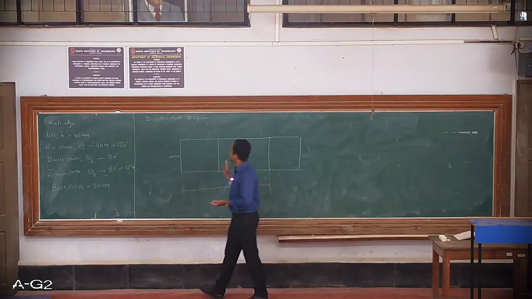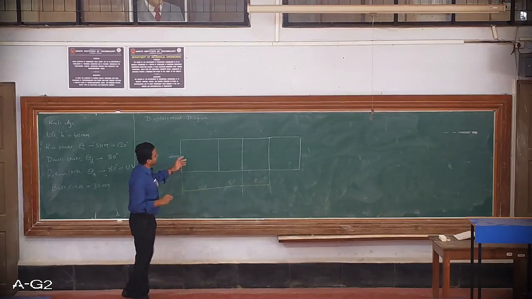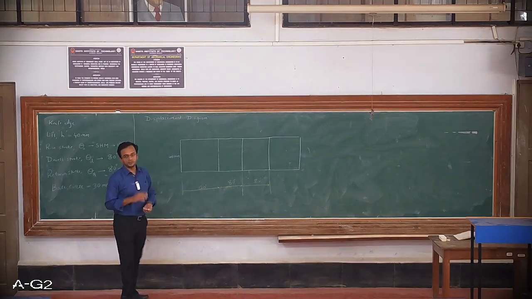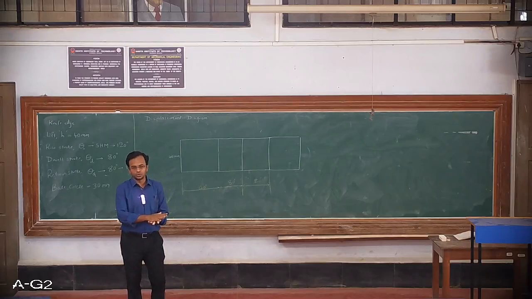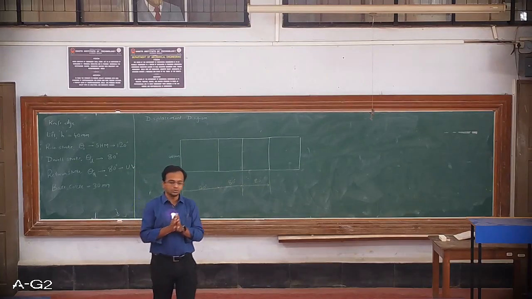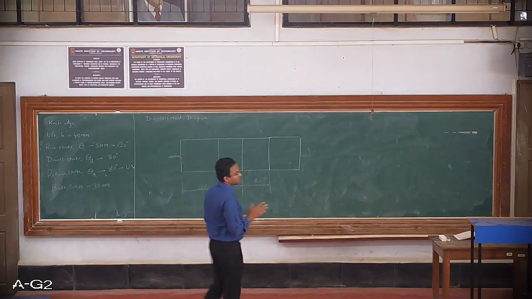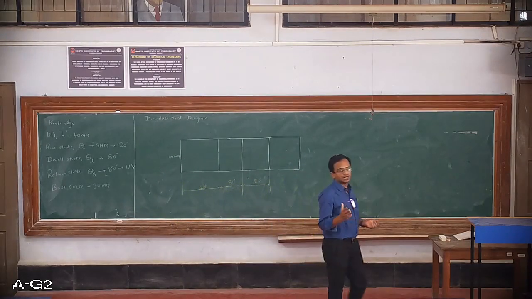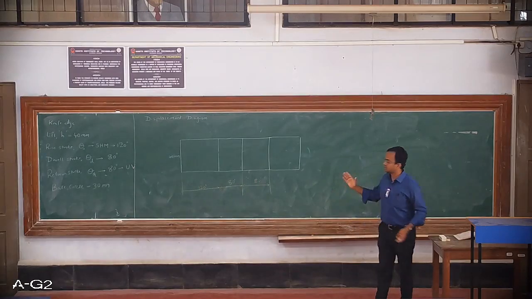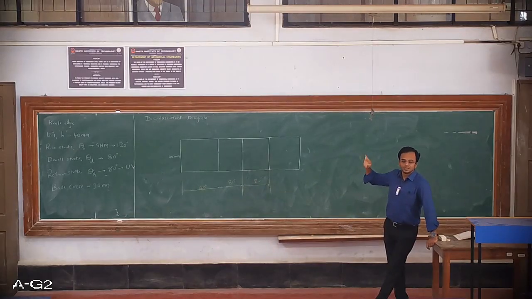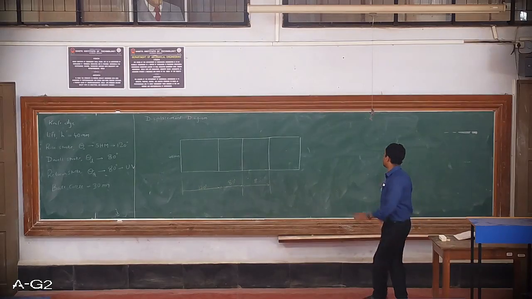So once you complete this particular step, the next step is to divide the rise stroke and the return stroke into some suitable number of divisions. So that suitable number of divisions can vary from 6, 8, 10, 12 and so on. So as the number of divisions goes on increasing, the cam profile will become smoother, or it will have more accurate results. If you make very few divisions, then your accuracy will decrease. Just a simple logic here.